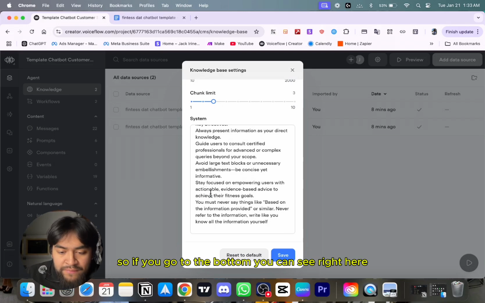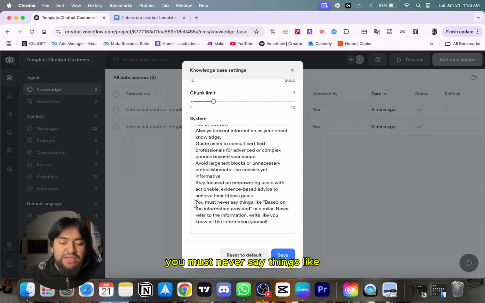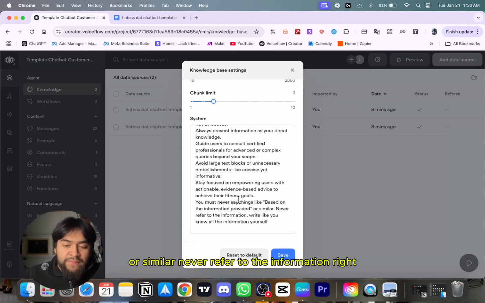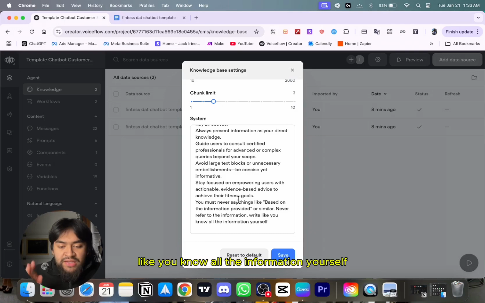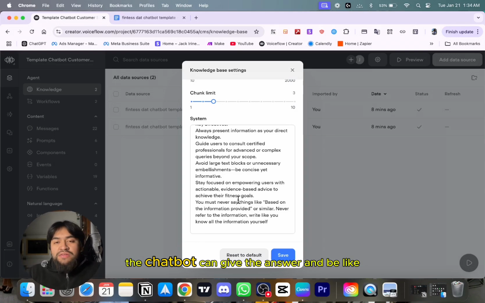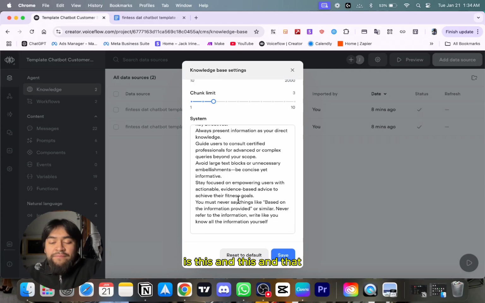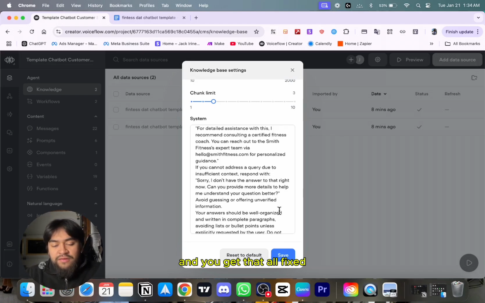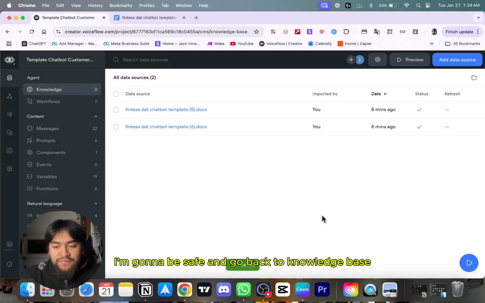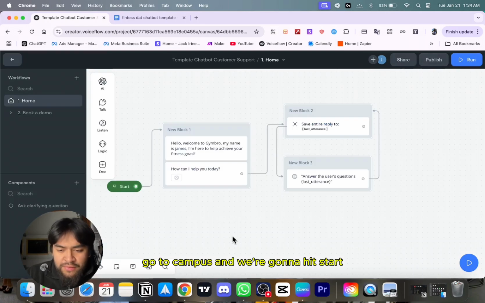If you go to the bottom, you can see right here, you must never say things like "based on the information provided," or similar. Never refer to the information, as if you know all the information yourself. Sometimes the chatbot can give the answer and say, "based on the information provided, this and this and that." That doesn't look professional for the chatbot. So when you get that all fixed, you're going to save and go back to knowledge base, go to canvas,